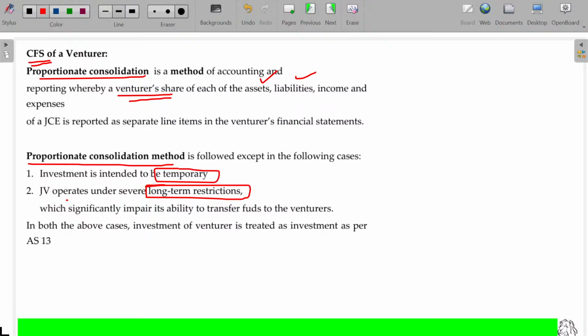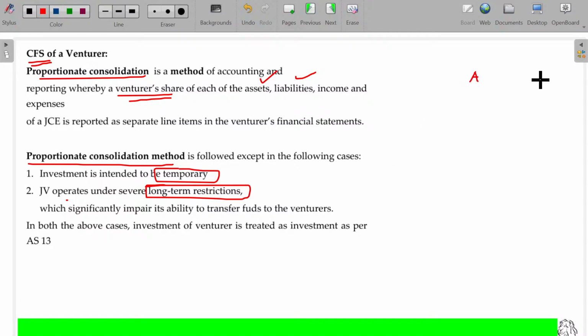In case of CFS, though I hold more than 50%, sometimes I cannot control. At your final level, you'll study this in detail. In the final level, even if you hold 30%, you may still be called a holding company, and the other company will be named a subsidiary company. Even if you hold 70%, you may still not be considered a holding company. It is nicely explained at the final level, which is dealt with under Ind AS as well as IFRS, not in accounting standards. We confine ourselves to accounting standards only.